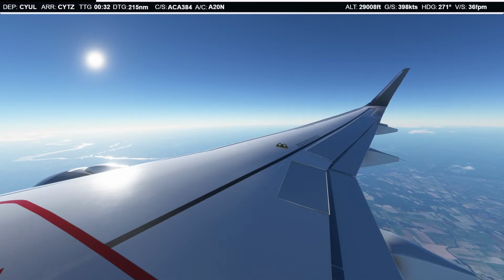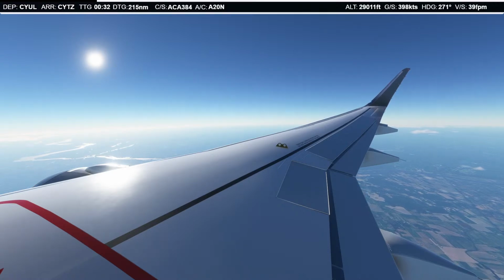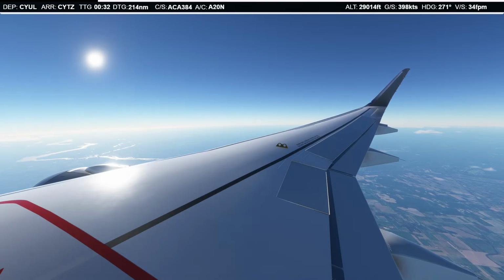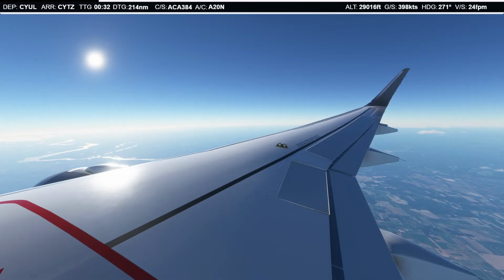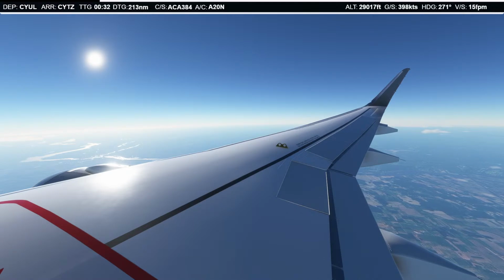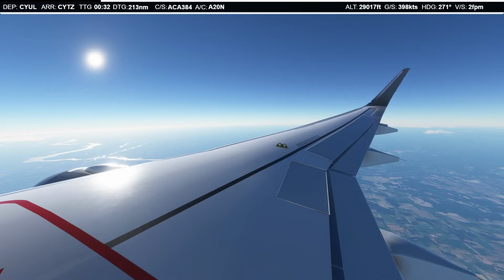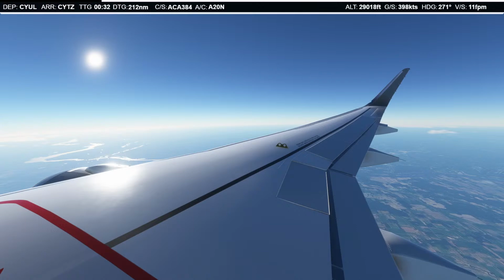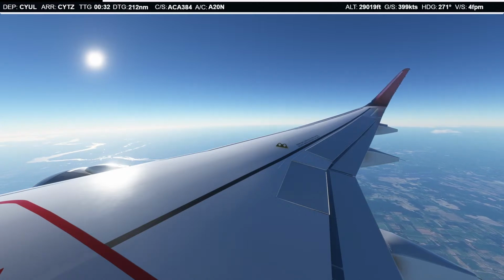So then, what's going to be the next flight? I think we're going to do... Wow, just looking on VATSpy right now, and there appear to be like 100 people flying from LA to Phoenix. Don't know what's up with that. There might be an event going on. But anyways, I have a lot of airports or flights lined up. I'm not going to say all of them right now, but...